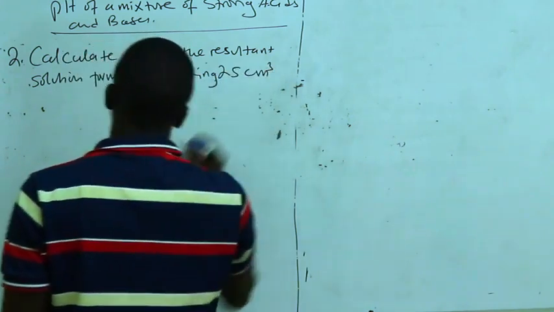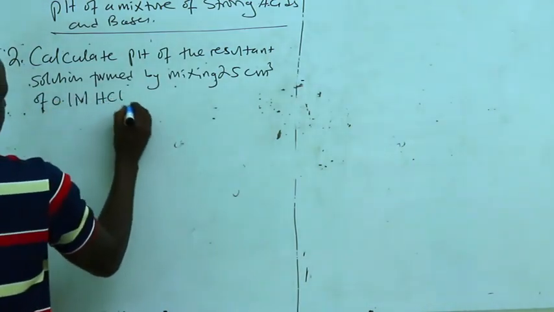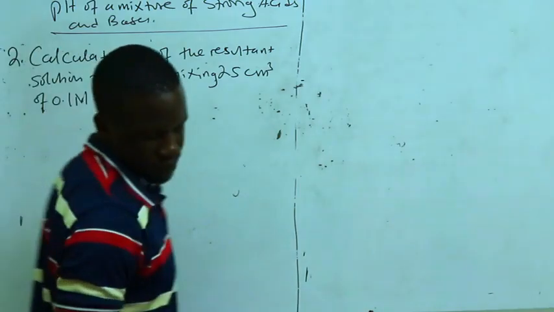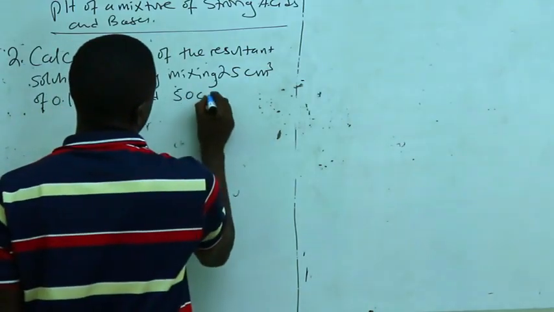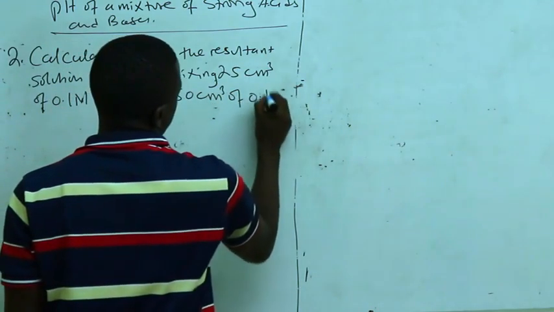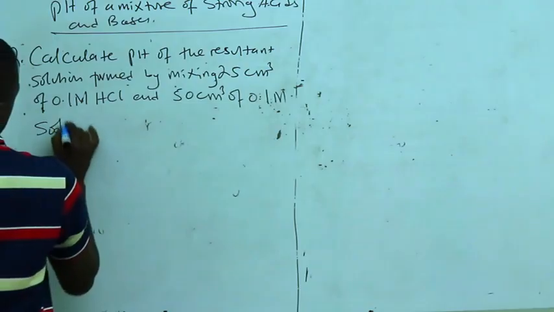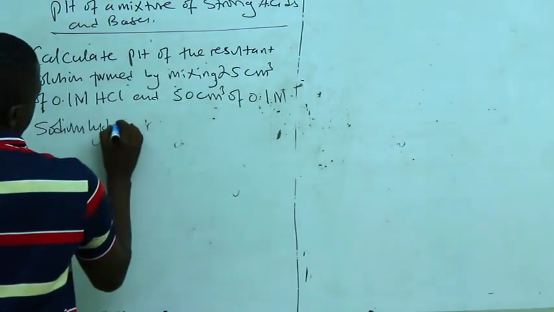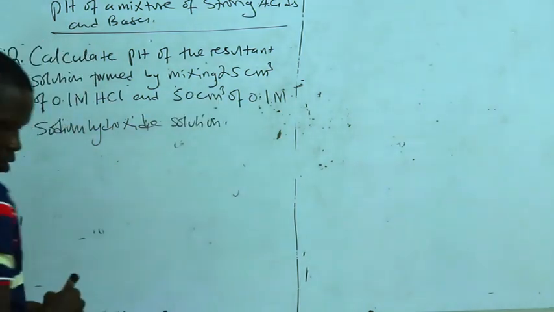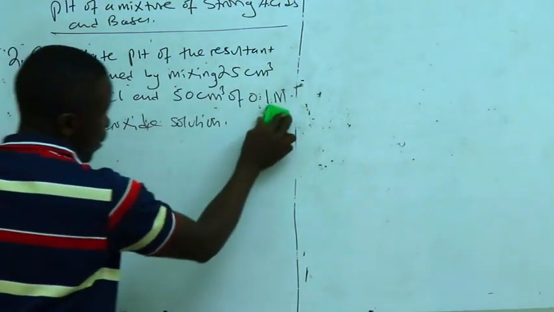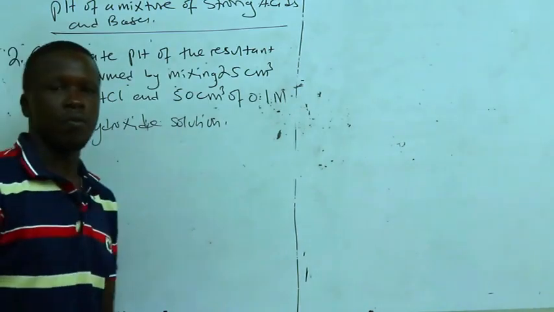hydrochloric acid and 50 cubic centimeters of 0.1 molar sodium hydroxide solution. This is a question that carries the same working as the one we've just done, but for purposes of highlights,